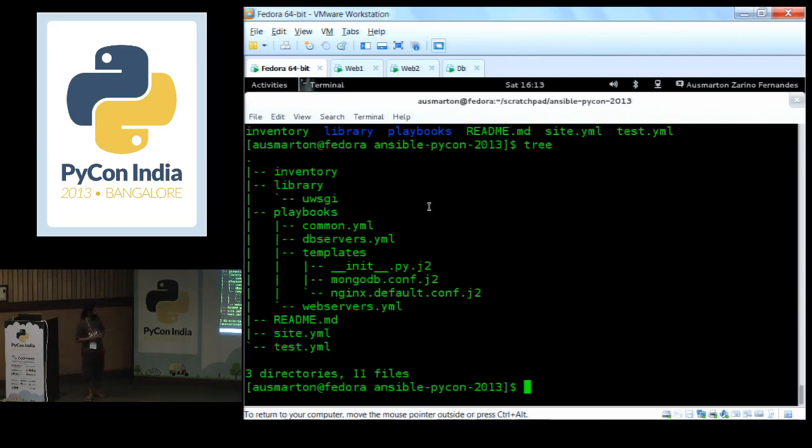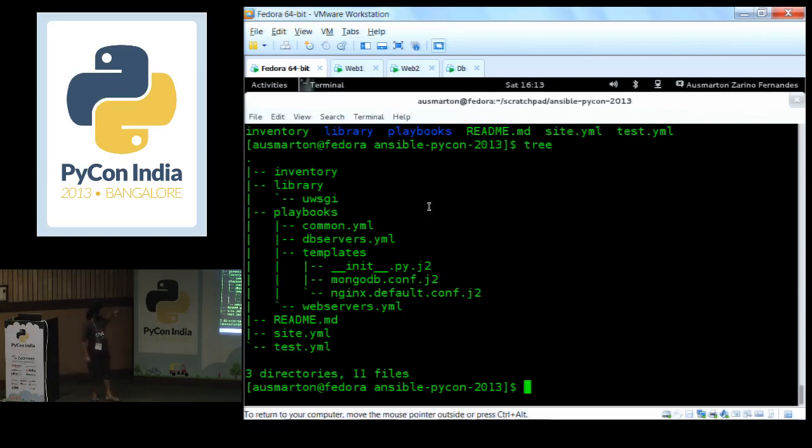Then the Ansible modules, which I was talking about. Ansible comes with pre-packaged modules, but if you have your own ones, you can always define them in a directory called library. This is something which Ansible does by default. If you have anything inside a directory called library, it automatically picks it up and tries to use it as a module. Next section is the playbooks.